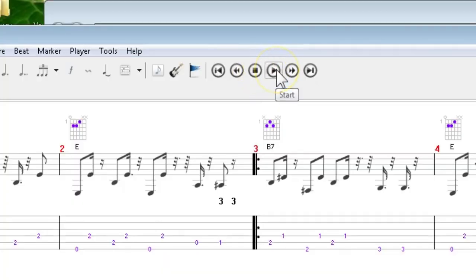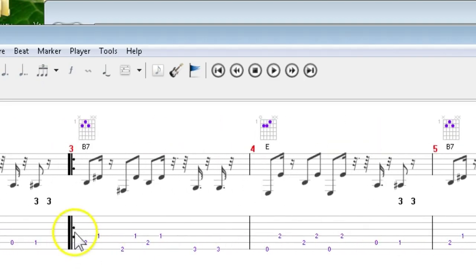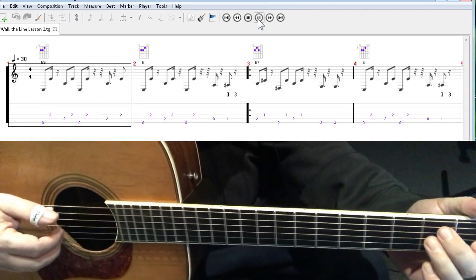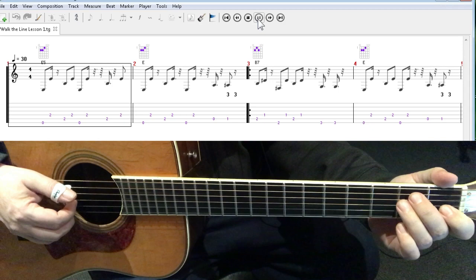Right, here's the whole song. We're going to repeat it, we're going to do the form twice. When it gets to the very end, we're going to repeat it back to this repeat bar right here, okay? 1 and 2 and 3 and 4 and...